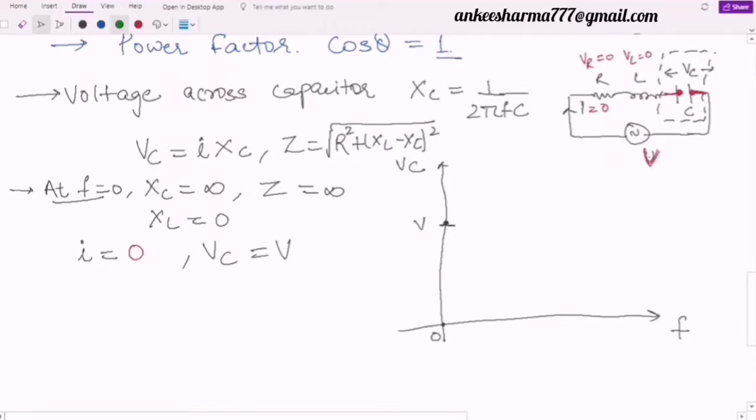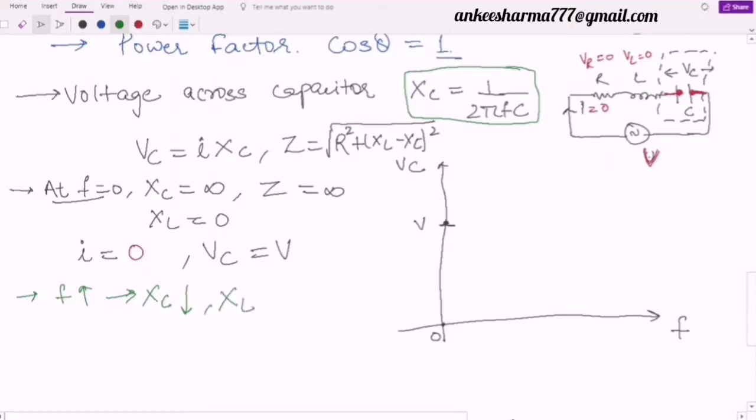So if I increase this frequency, I am not increasing it much, but you increase the frequency a little, right? Then what is going to happen? Your XC value will increase or decrease. Definitely, when you will have a finite value greater than 0, this XC, which is equal to 1 by 2 pi f C, will get a finite value, or I will say with comparison to the infinity, this XC value will decrease.